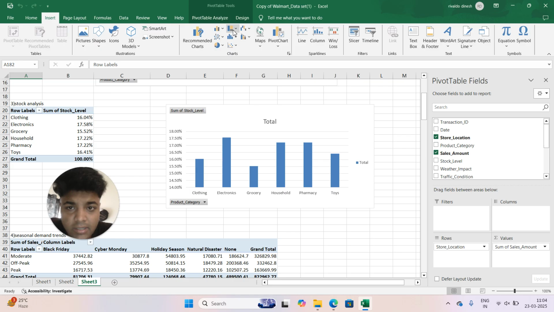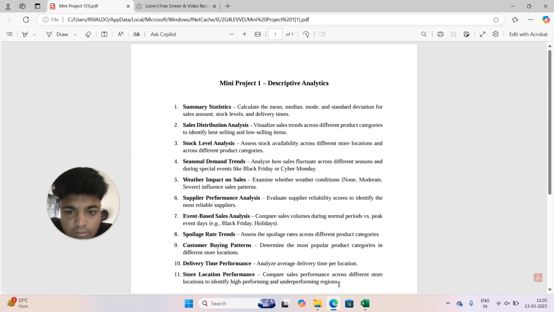There are pie charts, bar charts, and different types of charts in those charts. So this is how you get the third question. It's quite simple. So let us go to the fourth question, where